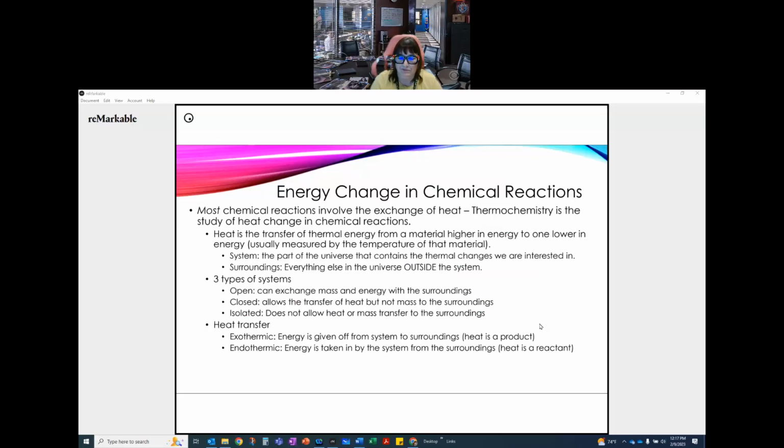Exothermic and endothermic. In an exothermic reaction, energy is given off from the system to the surroundings. Heat is a product in an exothermic reaction. In an endothermic reaction, energy is taken in by the system from the surroundings. Heat is a reactant. And I'll show you that. We talked about it in terms of energy diagrams before. So we looked at